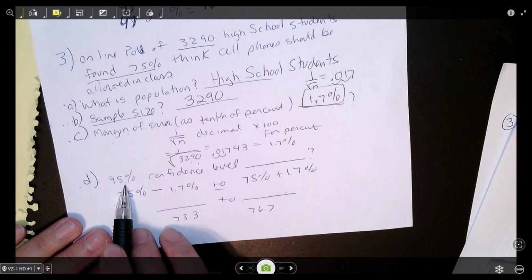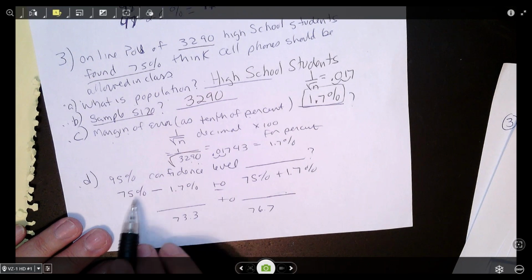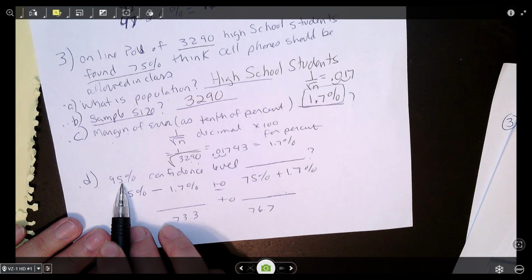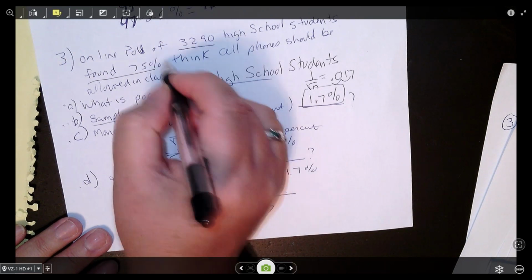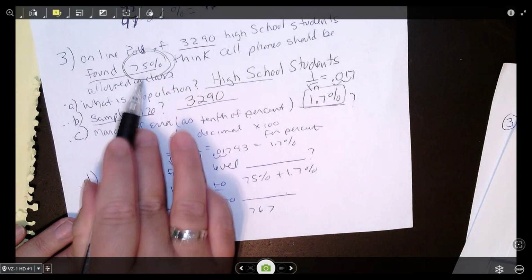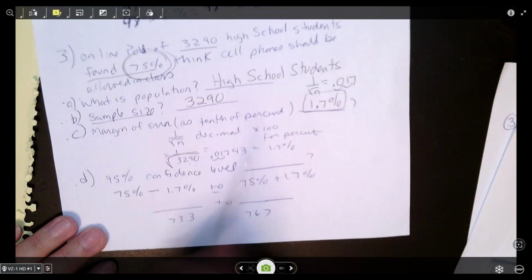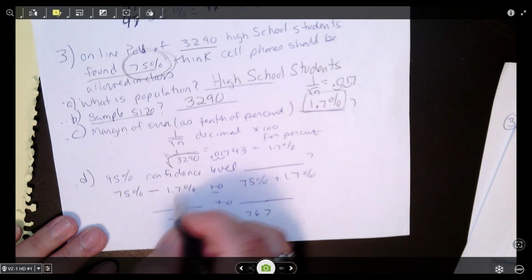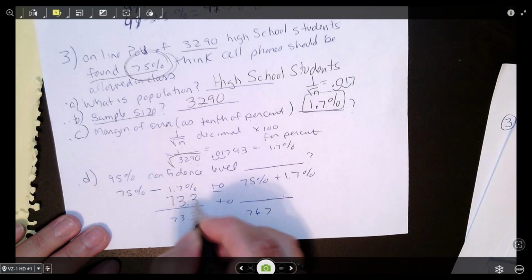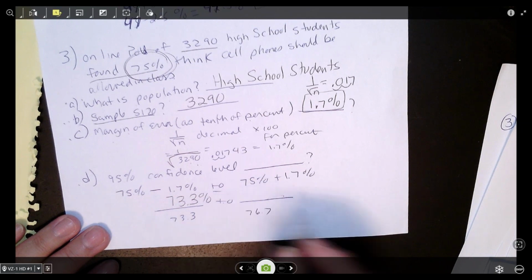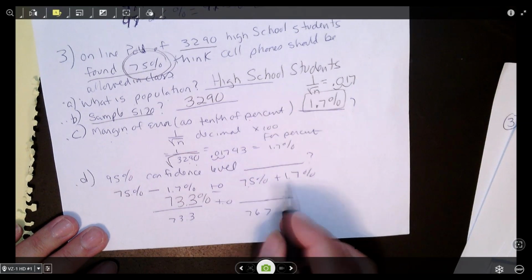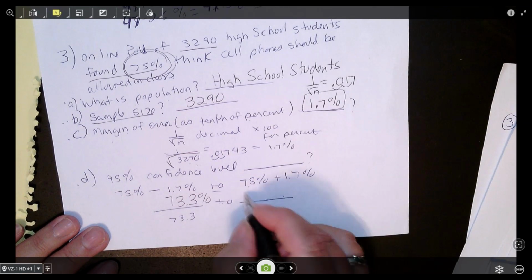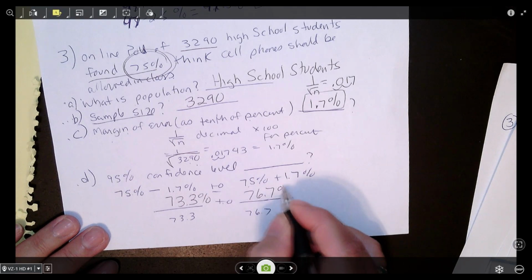Now the confidence level. Okay, make sure you don't do the 95. Make sure you go back and get the statistic. What was the result of their poll? It was 75%. So it's 75 minus 1.7, which is 73.3%, to 75 plus 1.7,